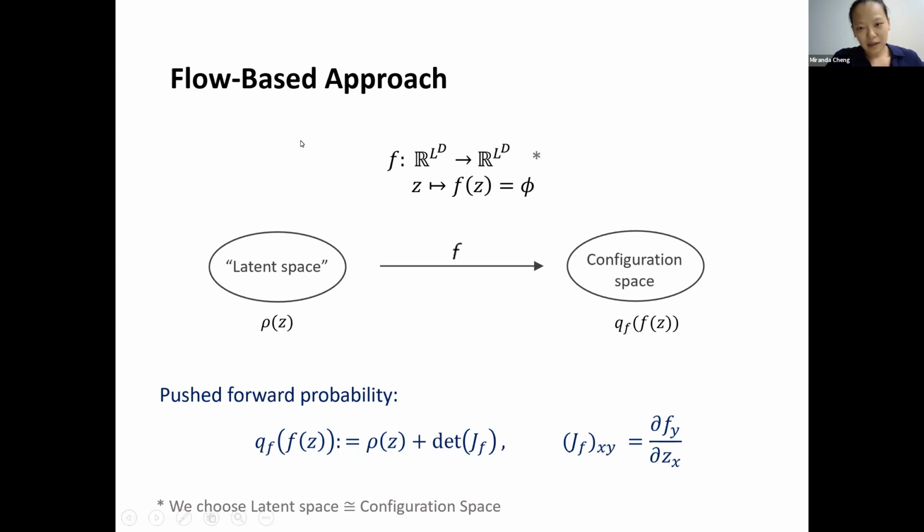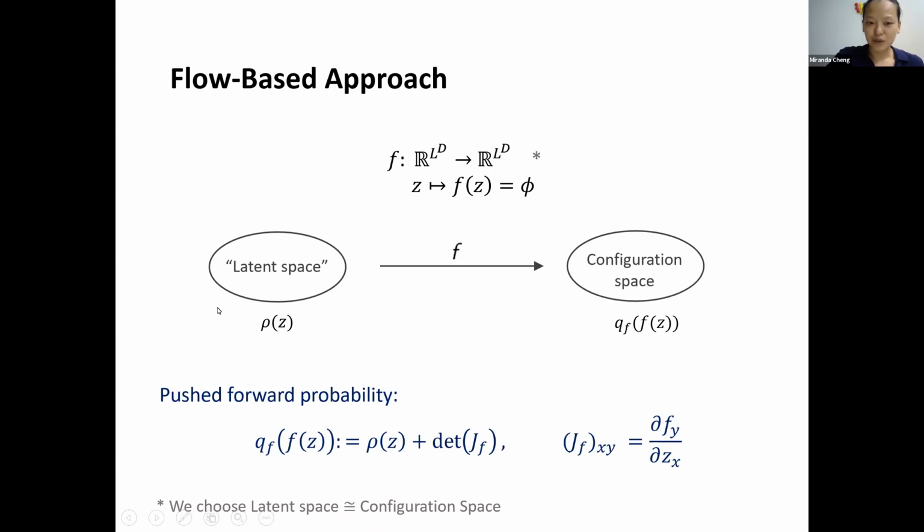Okay, and on top of that space, we introduce an auxiliary space. We call it the latent space. And then here we work on the special case where the latent space is basically the same as configuration space. So we're looking for an endomorphism, such that